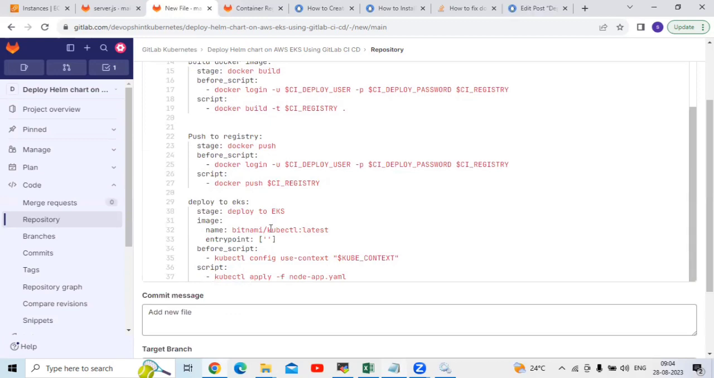Right, so here you can see we are going to use this image with the tag latest. Now, before script: kubectl config use context and kube context. Here we have added these variables. Then script: kubectl apply -f node app.yaml file. So here we need to change this node app.yaml file, right? Which file? So here if I go to this,